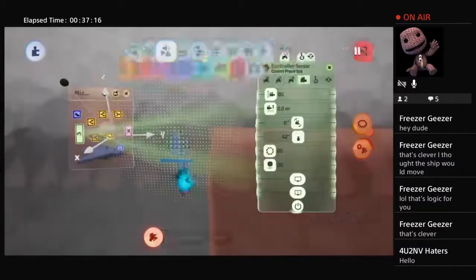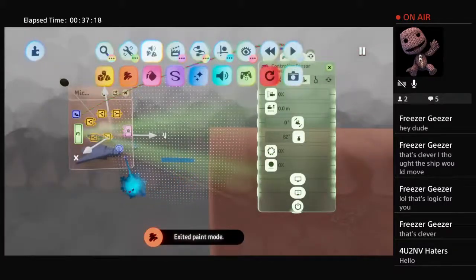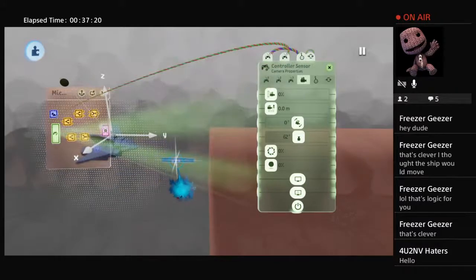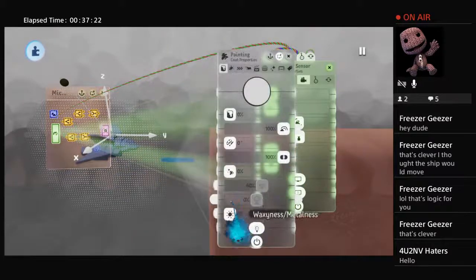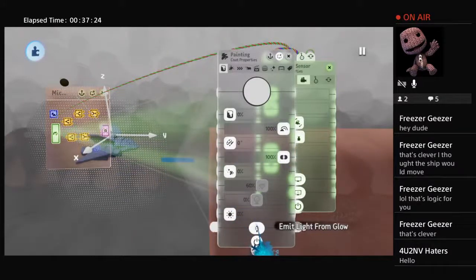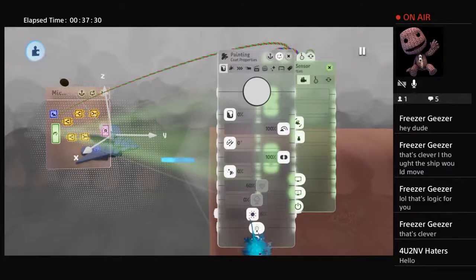Okay, so now what I do is that's going to be my laser. I'm only going to use one laser. Okay, tweak it. I'm going to turn up the brightness. If I turn off the glow, it will just literally have the laser showing up as a line. So I'm going to turn this up fairly bright. Okay,